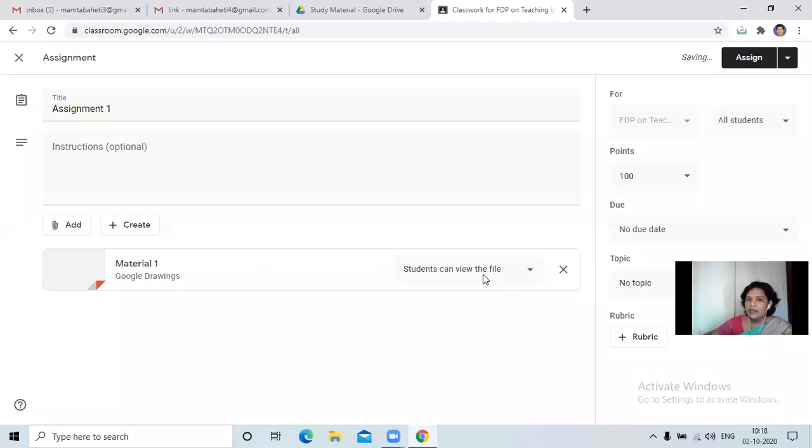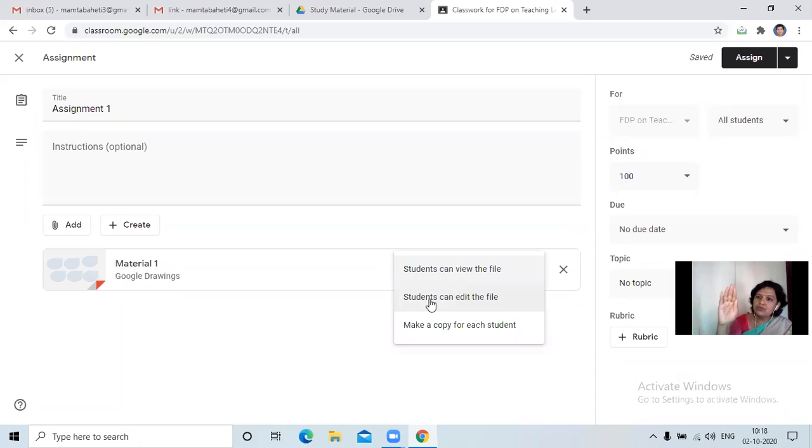Okay, now what the files can do, this is important. Means, as far as student view is concerned, if this assignment is visible to students, what actions they can take on it. So here you can see, either they can view, they can edit the file. Sometimes it might be required by the assignment, where the students are directly entering the value or answer in that particular file.